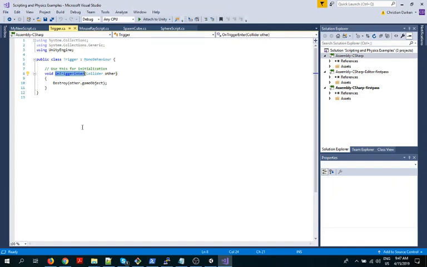In my case, I want to destroy that other, so there we go. Destroy. I can't just say other, because other is a collider. You don't destroy colliders, you destroy the game object. So from other, I can ask for its gameObject. Again, remember, that's one of those very special links. But it's nice that you just say the word Destroy. Instantiate, it comes in. Destroy, it goes away. They made it as easy as they could. All right, so that's that.